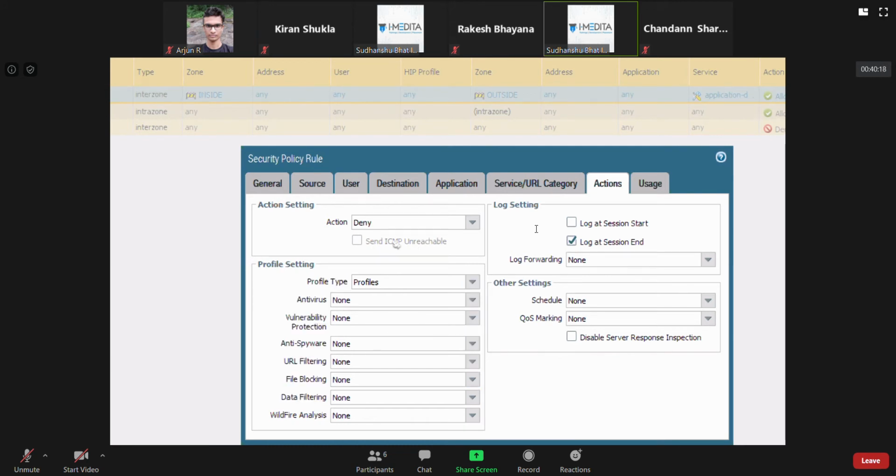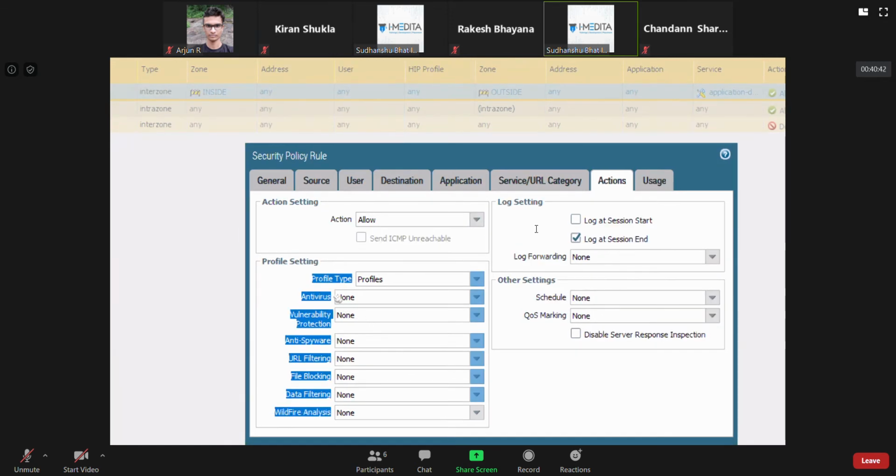So if you have the action as blocking, whether you have deny or drop or reset client server, all of these are blocking. If you have anything except allow, then these profiles don't have any effect. These profiles have an effect only if your security policy action is allow.